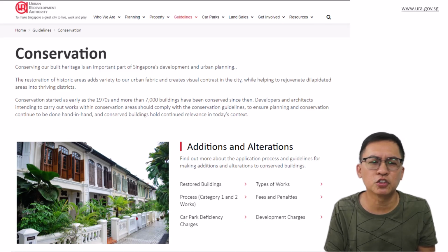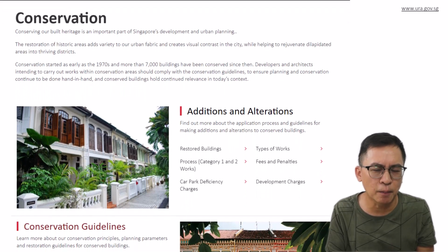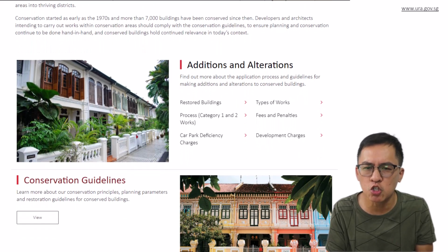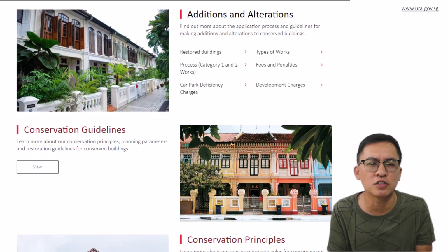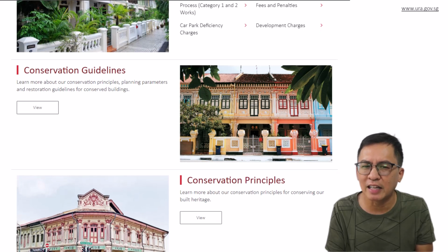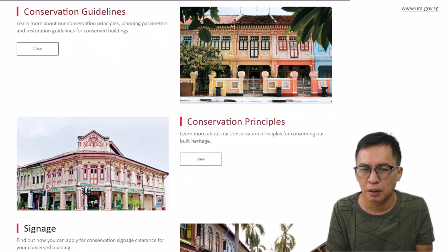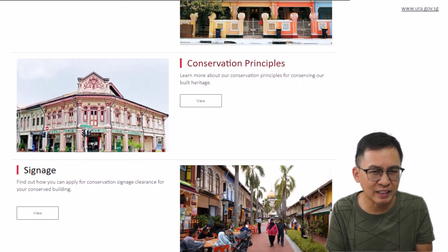The conservation of Singapore: more than 7,200 conserved buildings and structures are regulated by URA. URA has very strict conservation guidelines to protect the interests of our built heritage. However, not all buildings have gained conservation status and fall under the realms of this guideline. Property developers can deem fit to demolish them as long as they are not required otherwise. Most of them would rather tear them down and build from scratch, so as to have a clean canvas to